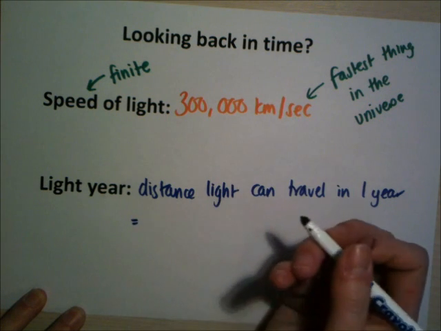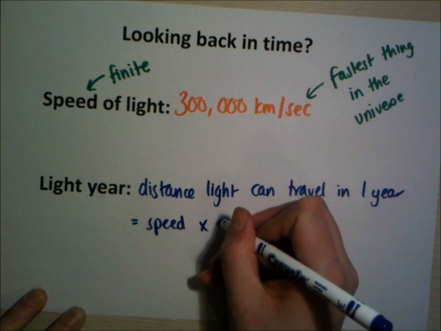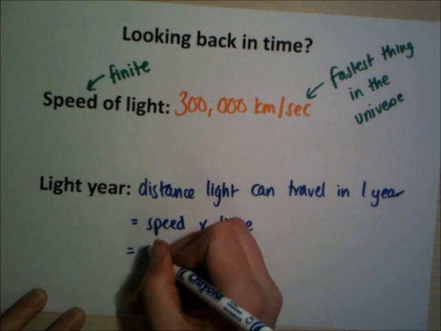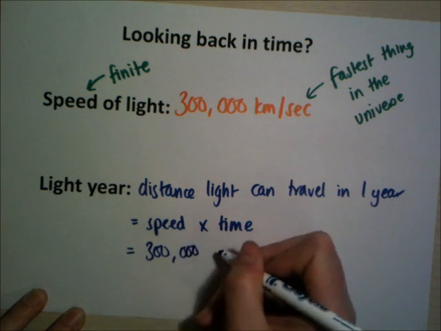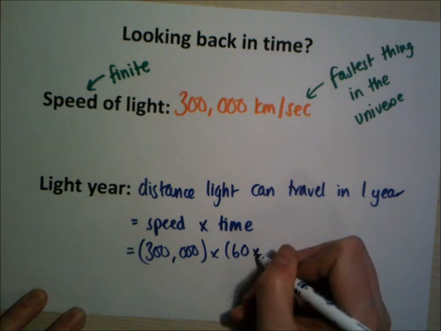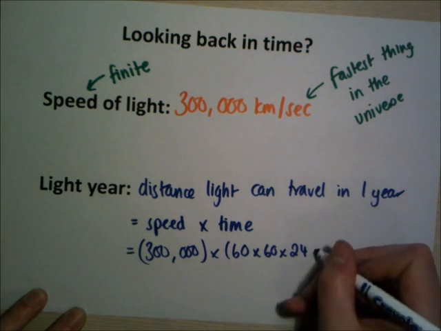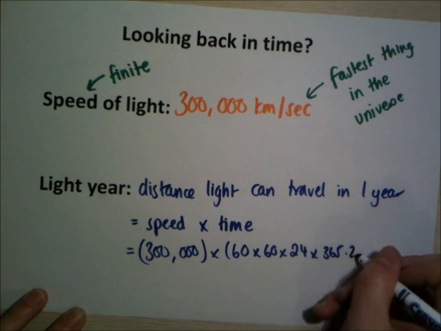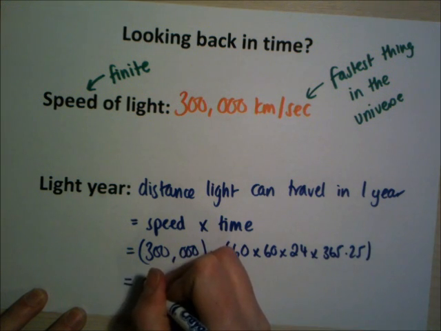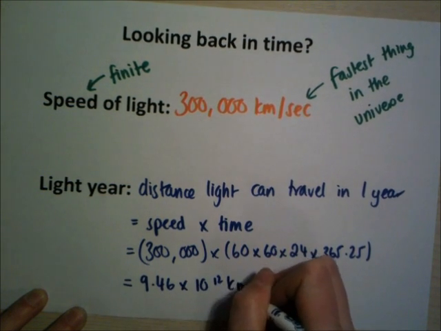And it's equal to the speed of light times how much time there is in 1 year, which is equal to 300,000 times 60 for the number of seconds in a minute, times 60 for the number of minutes in an hour, times 24 for the number of hours in a day, times 365.25 for the number of days in a year, including leap years, and it gives you something like this, 9.46 times 10 to the 12 kilometres,